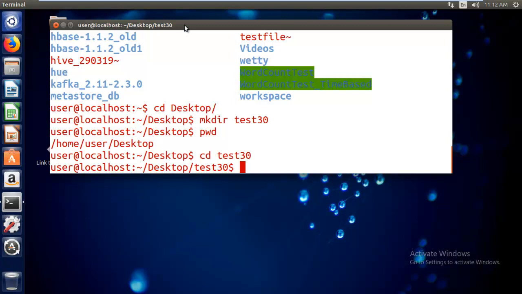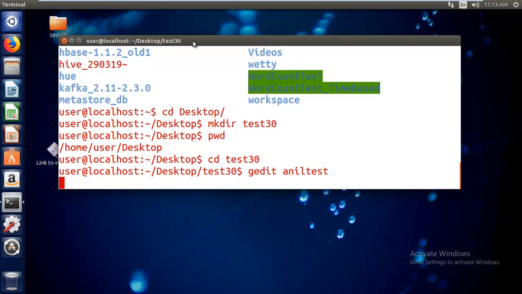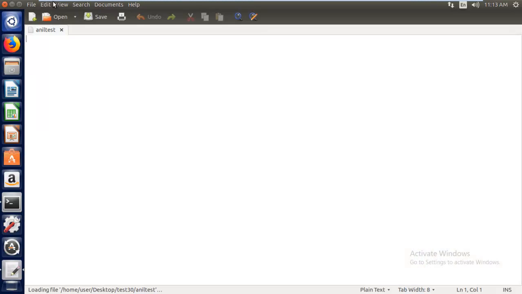Let us create a file here. gedit space, and my file name is Anil test. Hit enter. Now your file is created and it's opened to write some content.